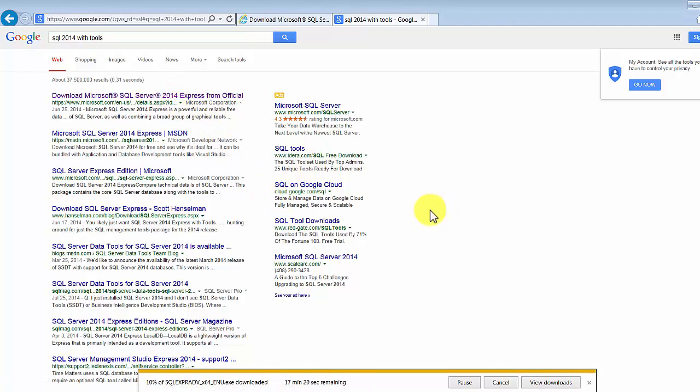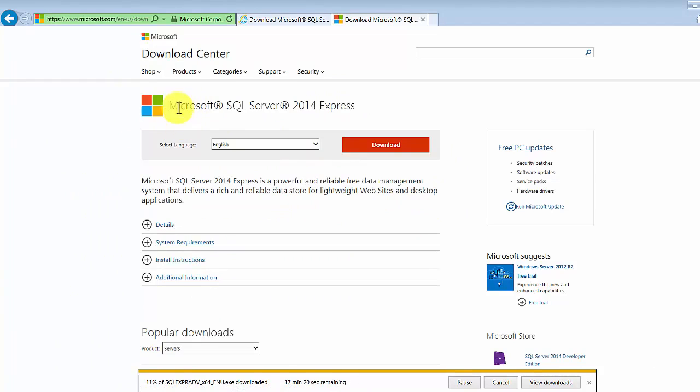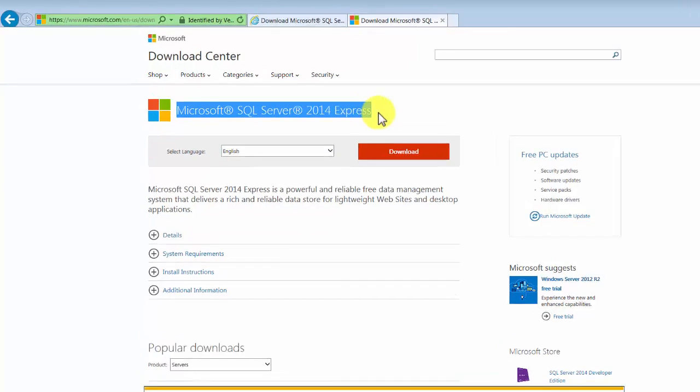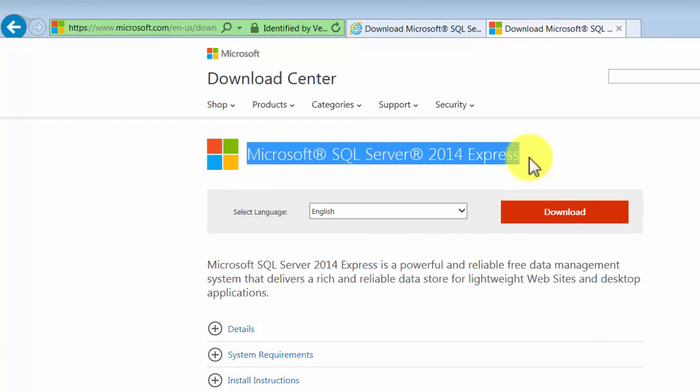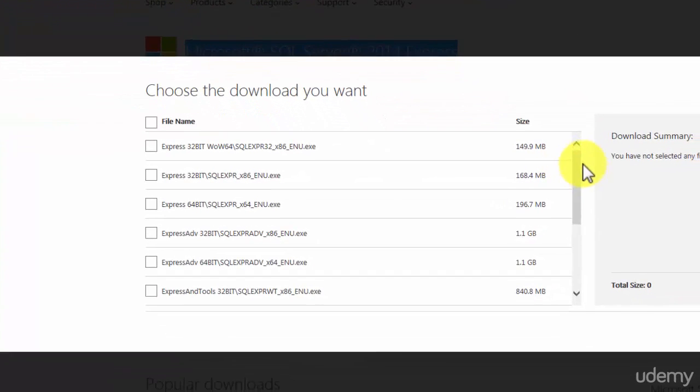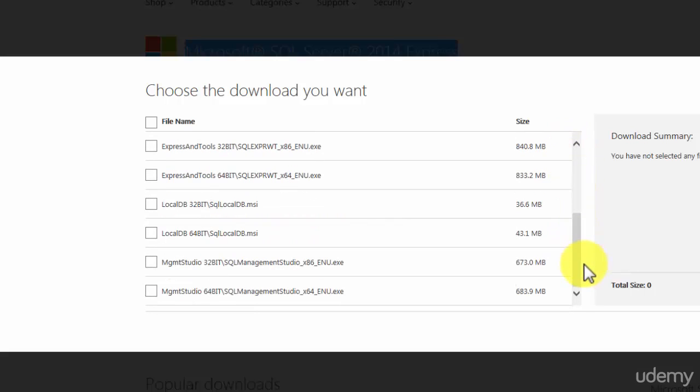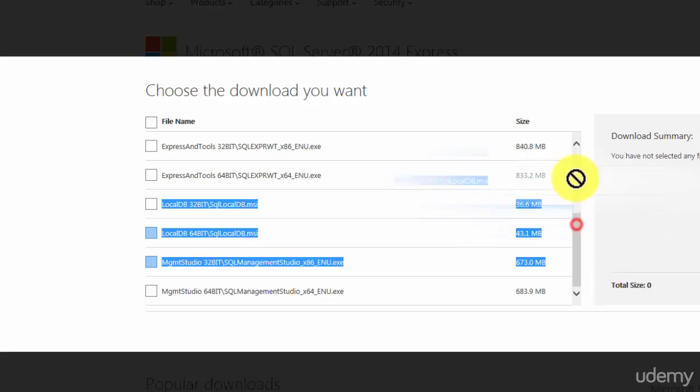So if you click on the first link, it'll show you a download option for downloading the Microsoft SQL Server 2014 Express. Now Express editions are free editions with very limited features, but will have everything that we will need for this course. So as soon as you click on download, it's going to give you a bunch of options over here. And what you want to do is actually go ahead and download